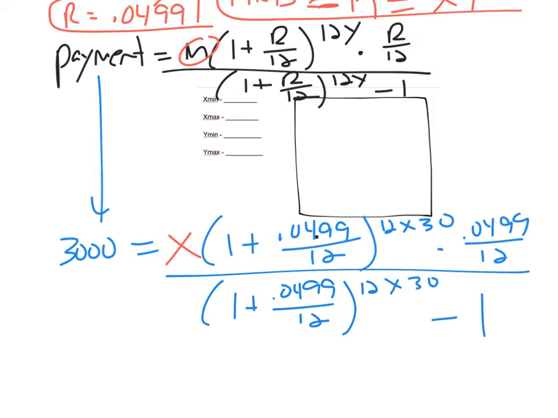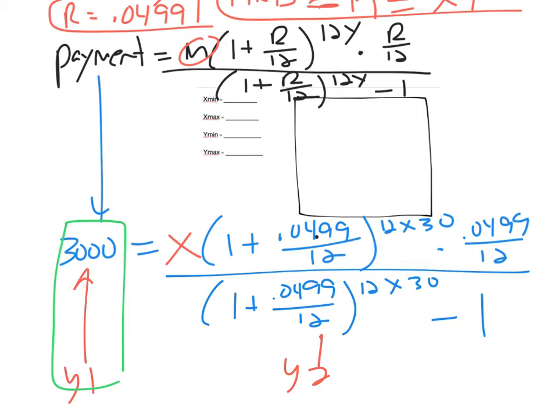So I'm going to go about solving this equation graphically. I'm going to enter the left-hand side of the equation into y1, the right-hand side of the equation into y2, and I'm going to try to figure out what the point of intersection of those two sides is. Here, since I'm graphing y1 is equal to 3,000,